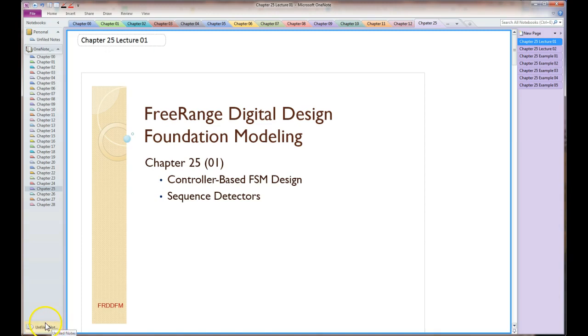This is Free Range Digital Design Foundation Modeling, Chapter 25. What we're going to be doing in this chapter is more state machine stuff, still kind of an introductory mode. Hopefully we will get to using state machines as controller circuits. That's what we'll see in this chapter initially, and also as sort of a build-up to it, we'll be working